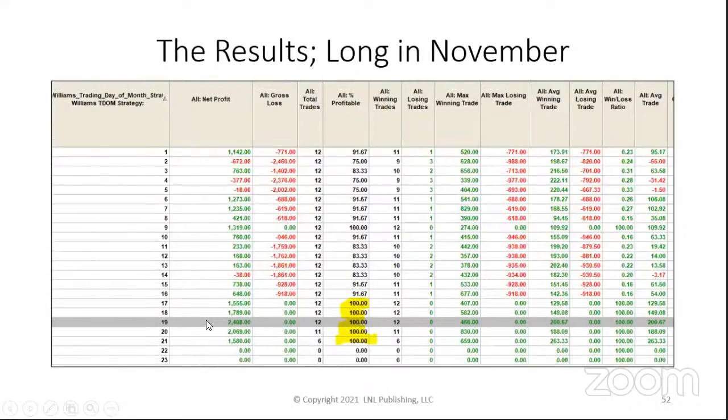So, look at that. Trading day 19 in the last 12 years, trading day 17, all those trades were successful. So we just found a great opportunity in IBM. Trading day 18, 19, 20, trading day 9 is not bad. A lot of green here. The numbers get smaller, but there is where the golden Easter egg is hidden in IBM in November. We just found it. Now you know where it is.